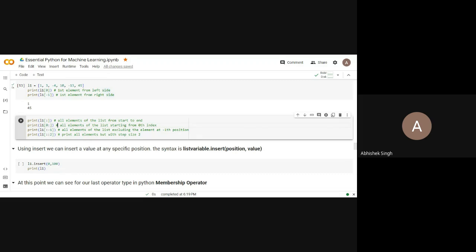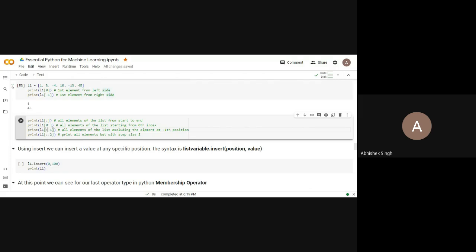It means starting from 0, and for the ending position I haven't mentioned anything, so print everything starting from 0. Now if you mention anything after the colon, then all elements excluding this position, meaning all elements before this position, will be printed.